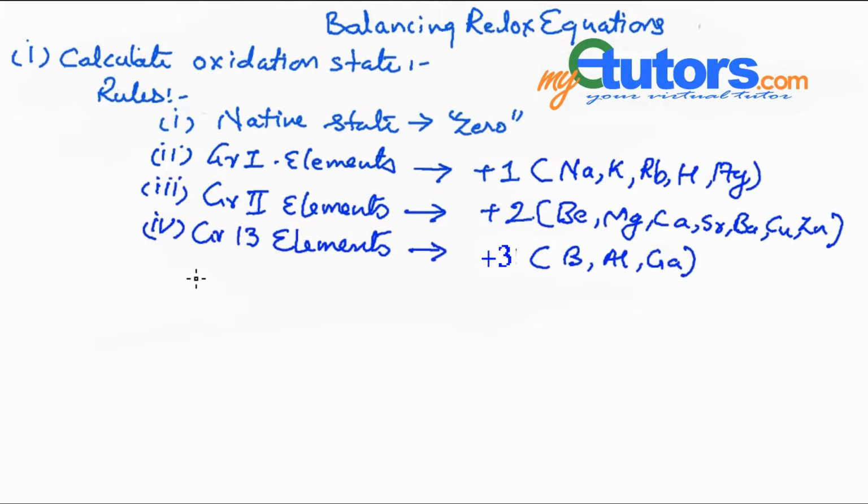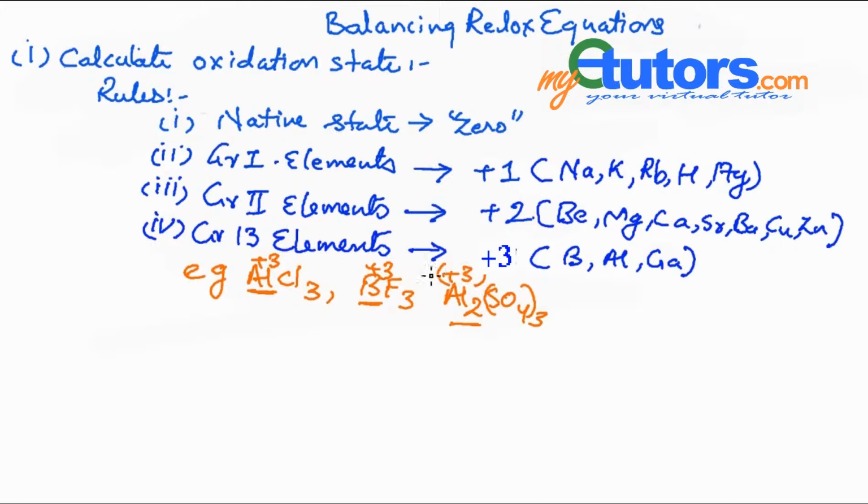Now going through compounds of group 13 elements, aluminium chloride, in which aluminium is possessing +3 oxidation state. Similarly, in boron trifluoride, boron is possessing +3 oxidation state. Another example is aluminium sulfate, in which aluminium is possessing +3 oxidation state. Likewise, we can go to the compounds of different elements and find out the oxidation state of the element in that specific compound.